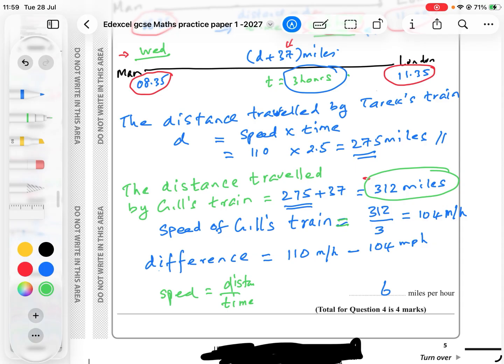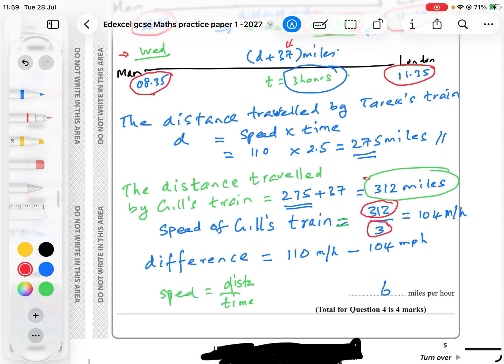The distance travelled by Gill's train is 312. Time taken is 3 hours because of the extra half an hour: 11:35 take away 8:35 is 3. So divided by 3,